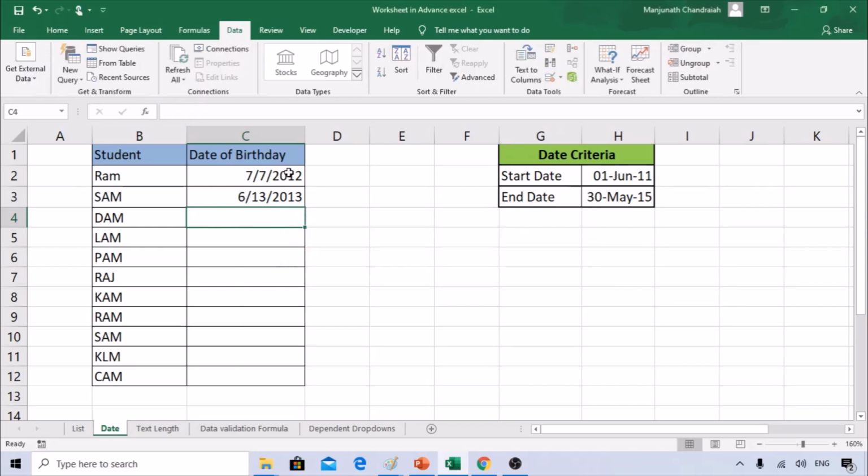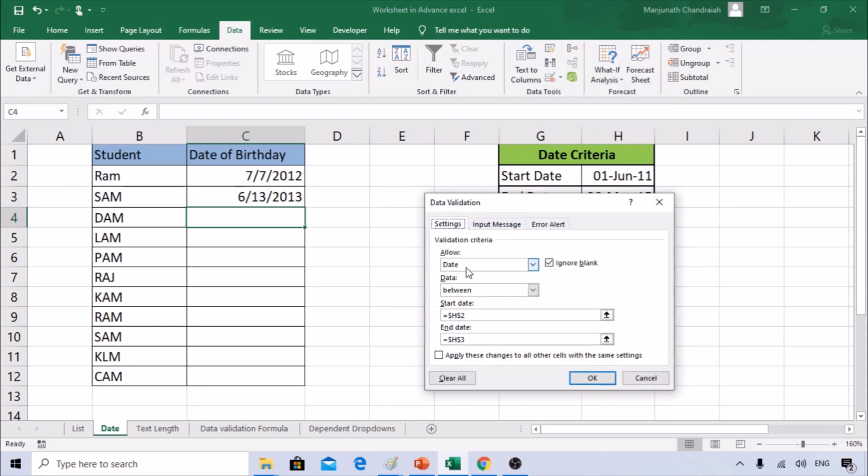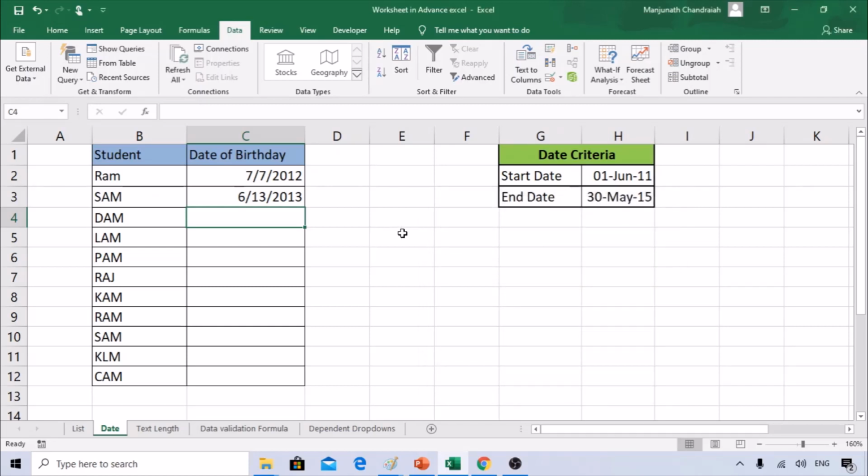So this helps us avoid unnecessary updates by people, which we don't want, because we need the criteria, we need the people who are in these states. So it avoids them updating that, and it's easy to consolidate, a very helpful function. You can use the same thing, data validation, date in between. If you are trying anything else between, you can use all these options. Very useful function. Hope this was helpful. So let's move on to the next one.